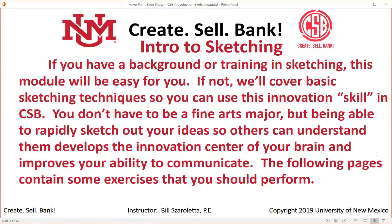So some of you might have a background in training or training in sketching. And if so, this module is going to be really easy for you. If not, you might have to repeat some of the exercises. But what we're going to do is cover basic sketching techniques so that you can use this innovation skill in